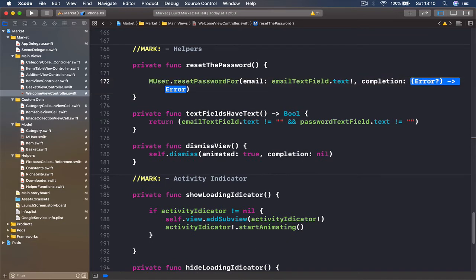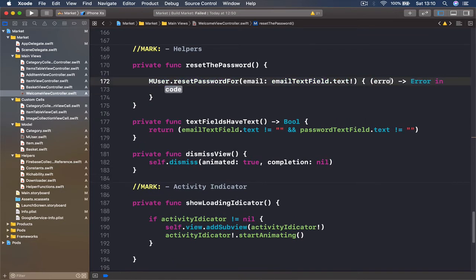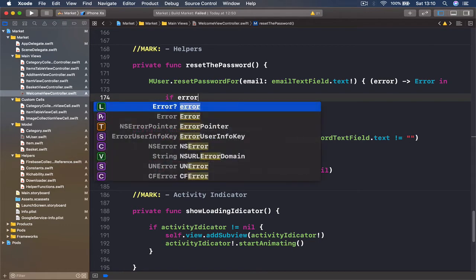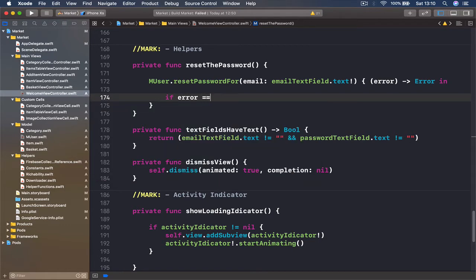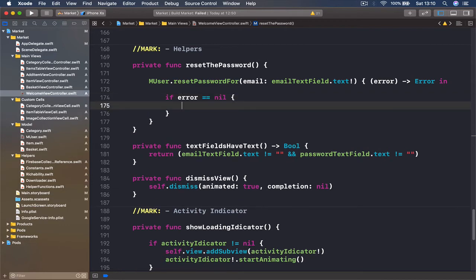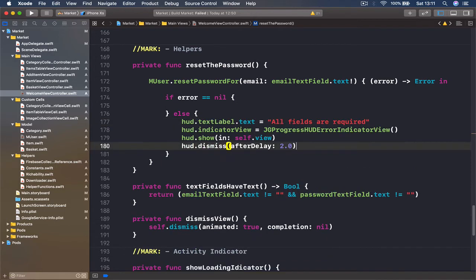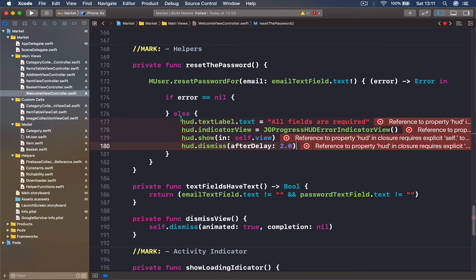Completion is going to be just error variable name, and here we are going to check if error is equal to nil. This is the case that we had no error, and else there was an error, and in the case of an error we want to just present our user with the error, and we need a self keyword in front of them,